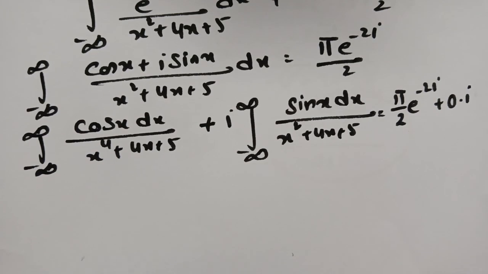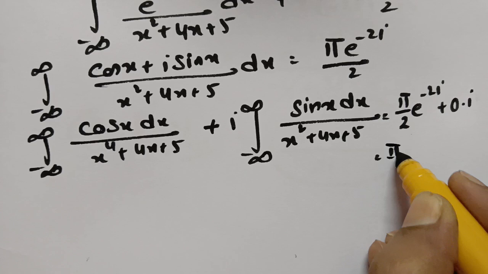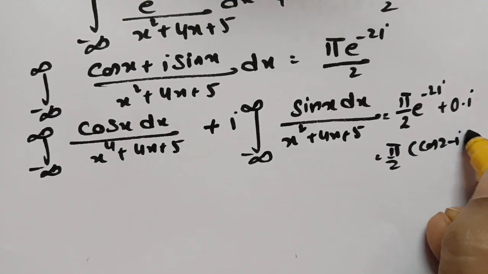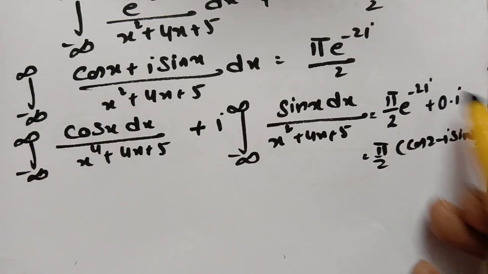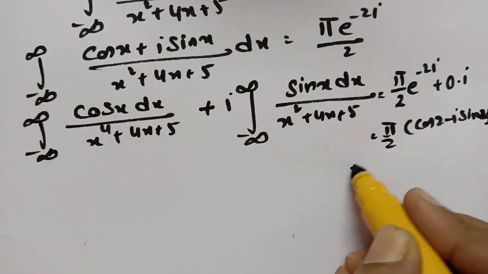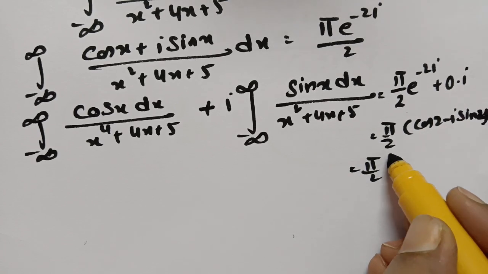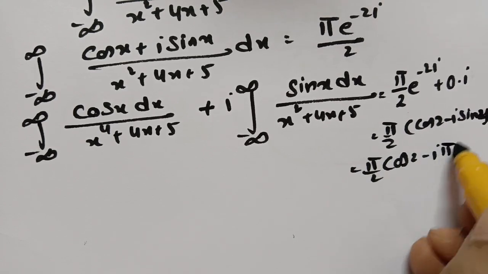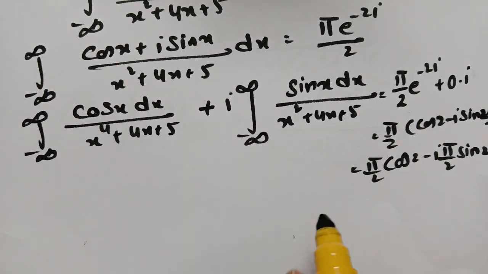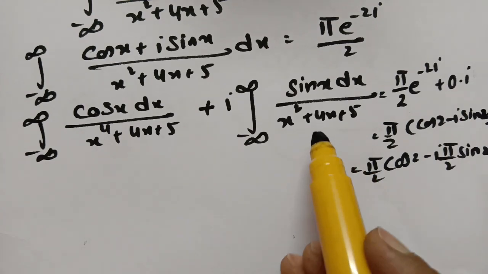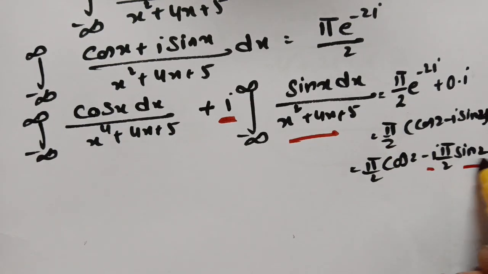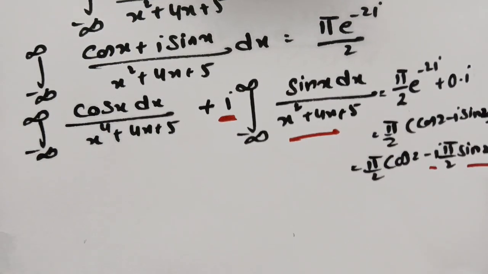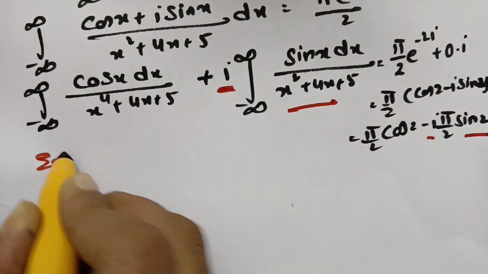Now see, e power 2i can be written as pi by 2 times cos 2 minus i sin 2. Clear? This is cos 2 plus i sin 2. e power i theta can be written as cos theta plus i sin theta, and e power minus i theta can be written as cos theta minus i sin theta. So this is nothing but the real part, pi by 2 cos 2, minus i times pi by 2 sin 2. Now if I equate these two, this is the imaginary part. Here there is i and here there is i. If I equate these two, our final answer will be, equating the imaginary part,